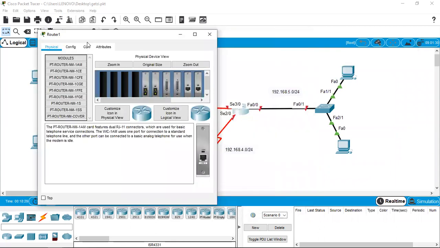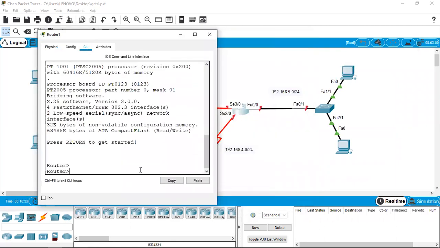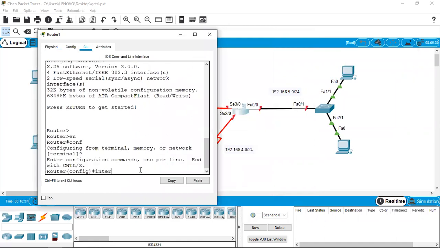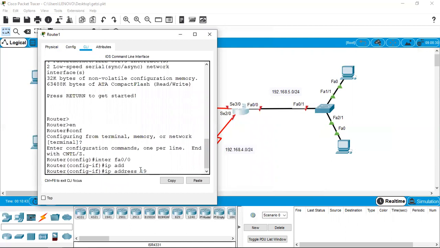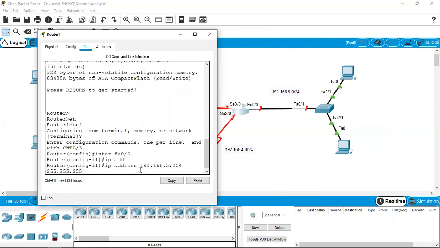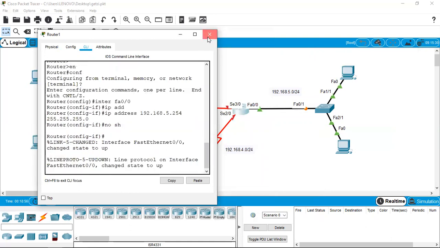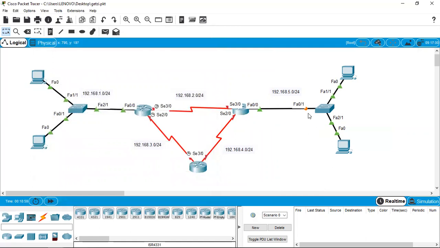And in the same way, what you have done with this router, we'll go to this router as well. And I go to the CLI command, enable, so configure terminal, interface fast Ethernet 0/0, and the IP address should be 192.168.5.254, as I said, is better, with mask 255.255.255.0, and I also give no shutdown. So now that interface also should be up. Once this amber color becomes green, you'll be able to send and receive packets because the switch is getting booted up.